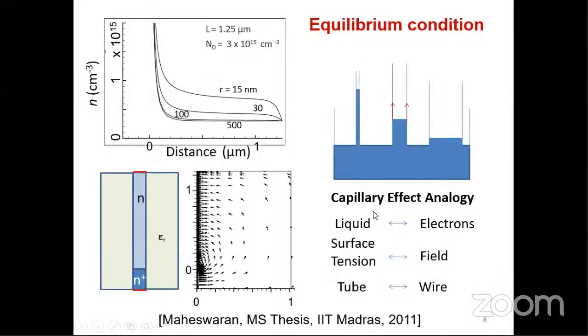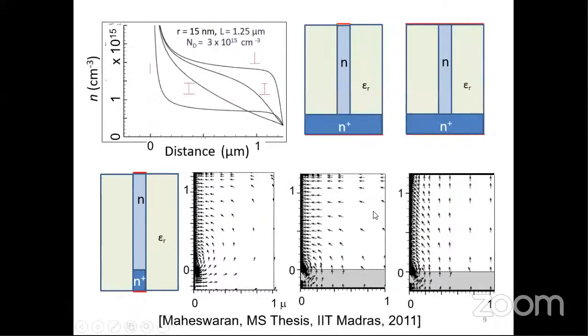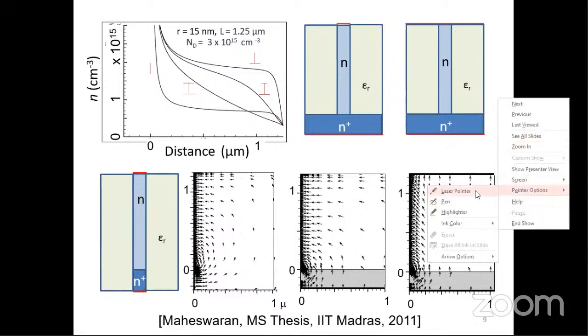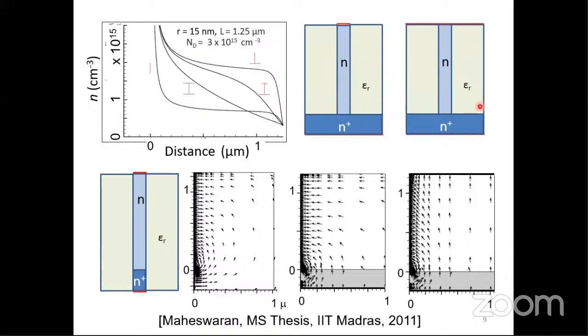Let me skip this analogy and all that. Now one can study, this is how you do research, how this carrier concentration will change with various changes in the structure. So here examples are shown. What are the changes in the structure? You change the length of the metal contact at the top. Here the contact is restricted to the wire. Here it is extending beyond the wire. Here also it is limited to the wire.